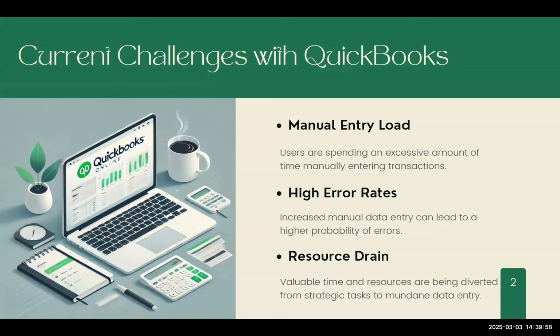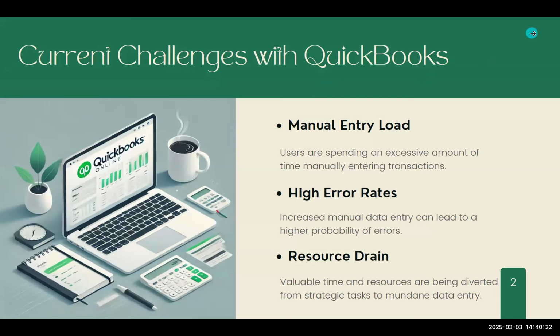Recording and tracking these expenses manually is time-consuming and prone to error. Additionally, resource drain is another pain point, where valuable time and resources are being diverted from strategic tasks to data entry. Users can create purchase orders in QuickBooks, but the approval process remains manual, often relying on email, which adds